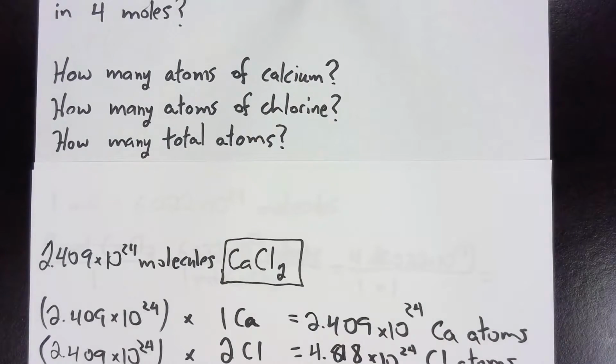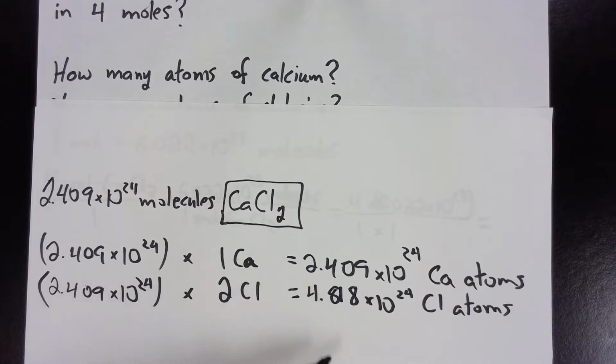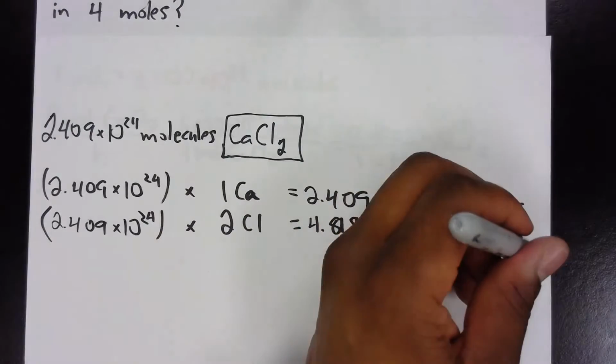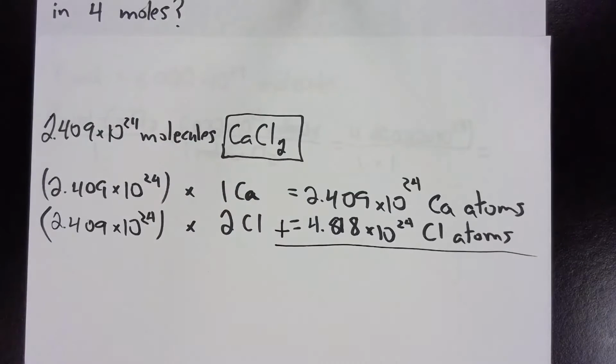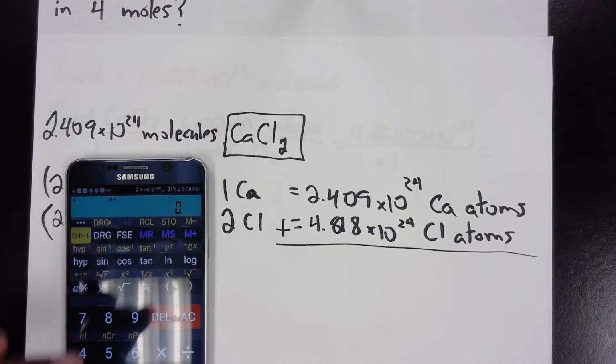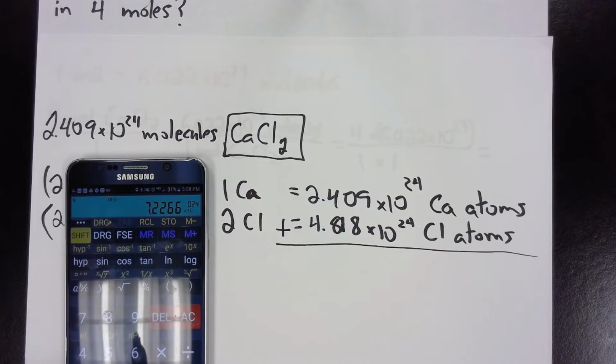And then if I want to find out how many total atoms, well, all I do is just add them up. So all the Cl atoms plus all of the calcium atoms. So let me just do that right here. That's addition, plus. All right, so I had the 4.8 number in here already, and now I'm going to put in parentheses, don't forget, 2.409 times 10 to the 24. There we go, close parentheses. And my answer is going to be